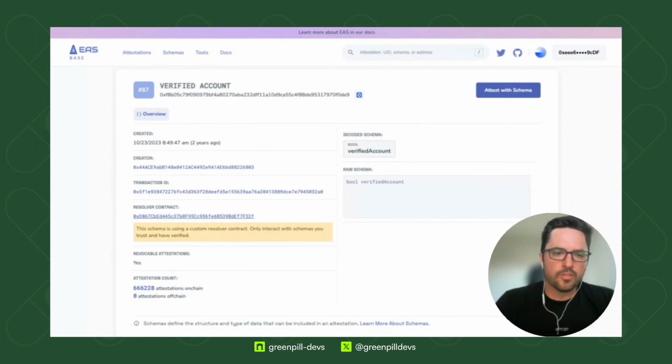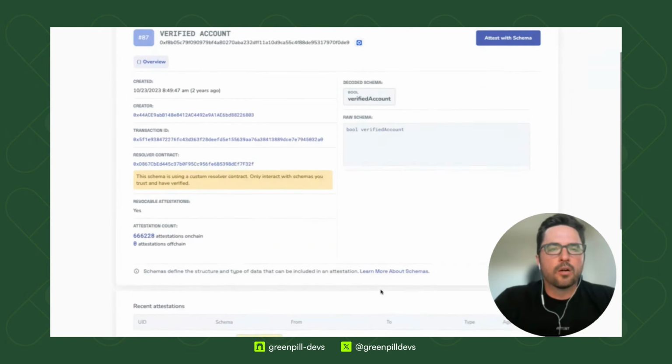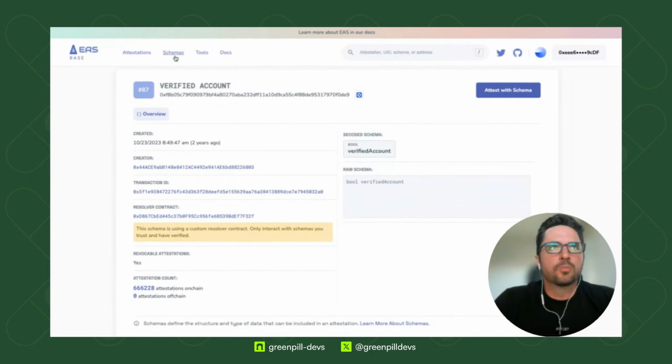At the point of the attestation for contribution, you could emit a payment or drop them an NFT or something. So you can do actions before or after and really control the brain of what the schema is able to do. And yeah, you simply just register a schema and then you make attestations with it.